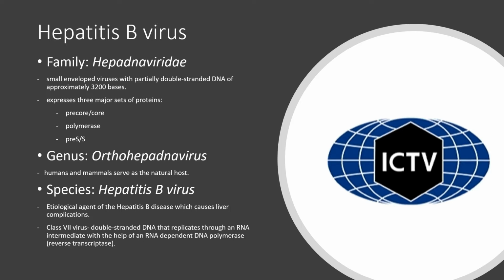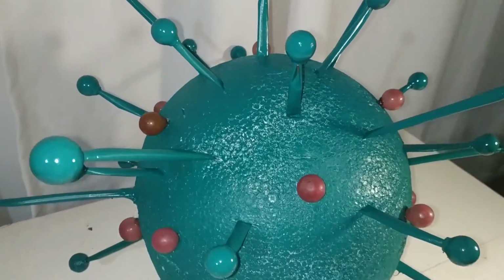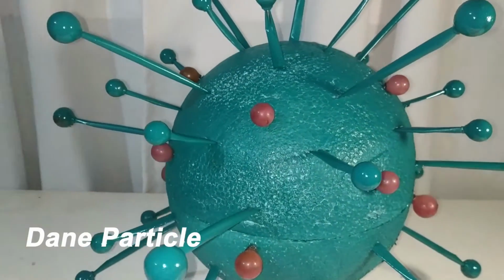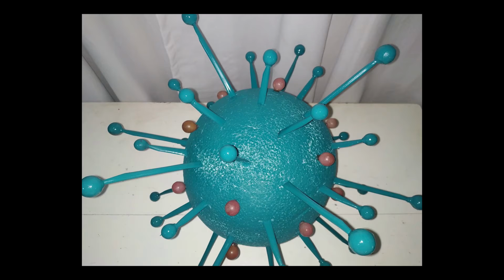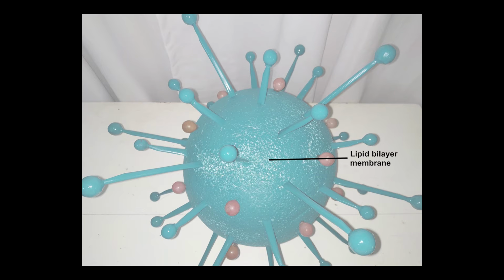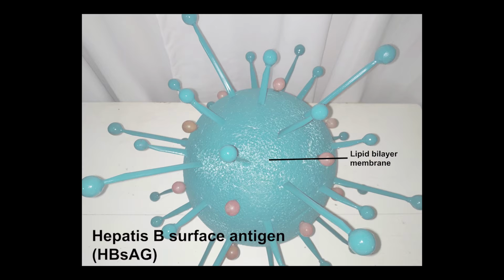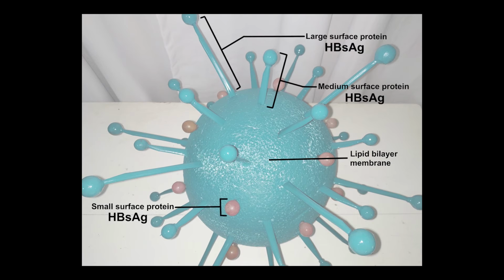These viruses use double-stranded DNA and replicate through an RNA intermediate with the help of an RNA-dependent DNA polymerase or reverse transcriptase. The HBV variant, also known as the plain particle, has a spherical double shell structure with a diameter of 42 nanometers. Its lipid envelope contains surface protein projections called the hepatitis B surface antigen, which is arbitrarily designated as